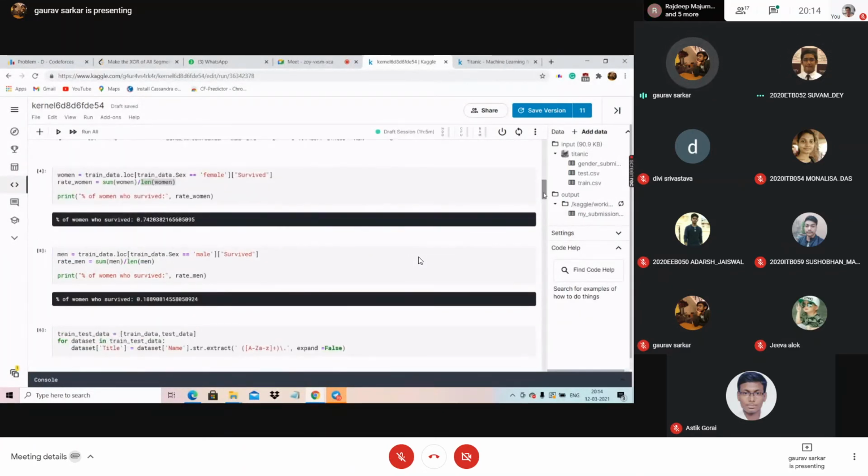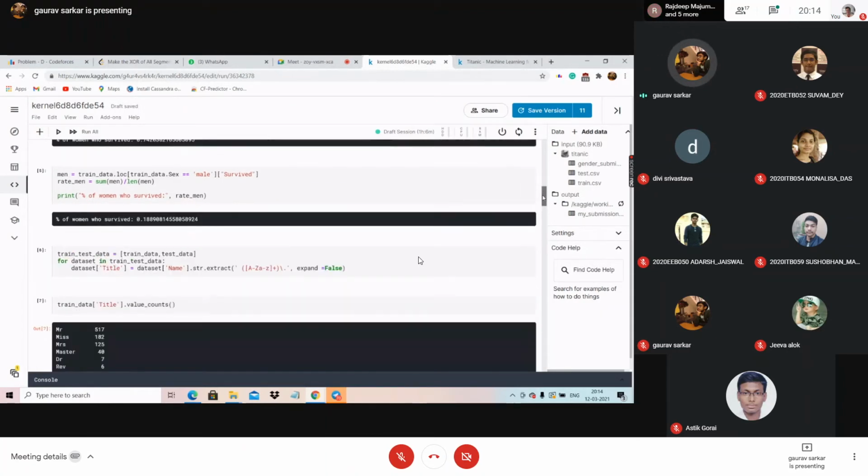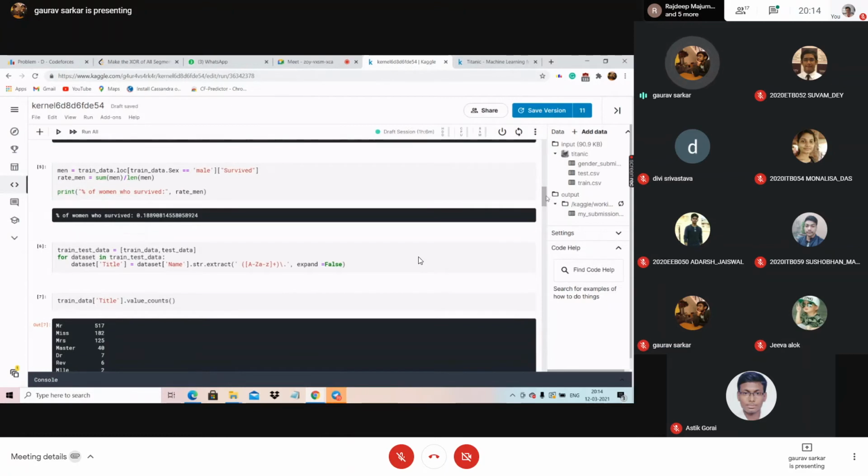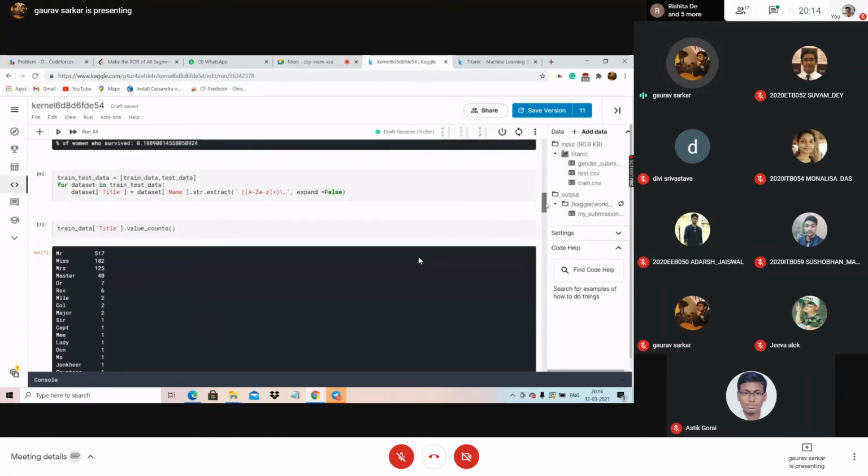One thing you should do after today's session: I might share this code, you go through this code, or I need not share it. You open an account in Kaggle and do this problem, the Titanic survival problem. There you will get a lot of help. A lot of notebooks are there. A lot of people have already done this problem. This is a really famous problem. You read each and every line. First you learn Python, then you read and understand what each and every line is doing. I can't explain each and every line by line. You just go through the code once.